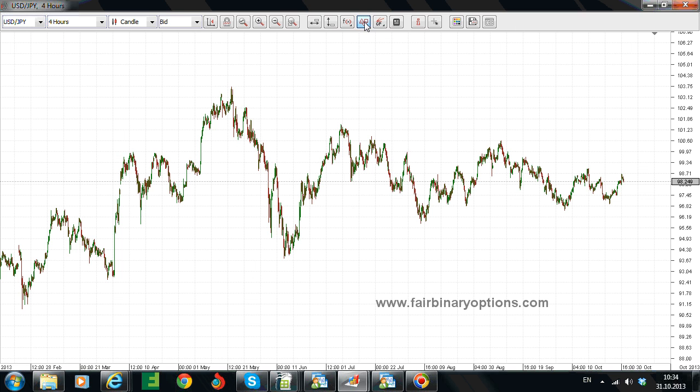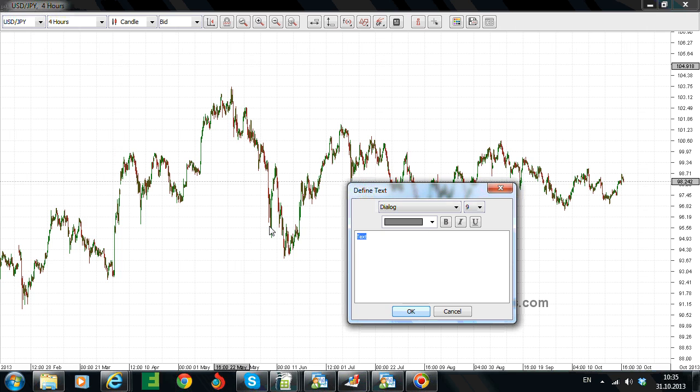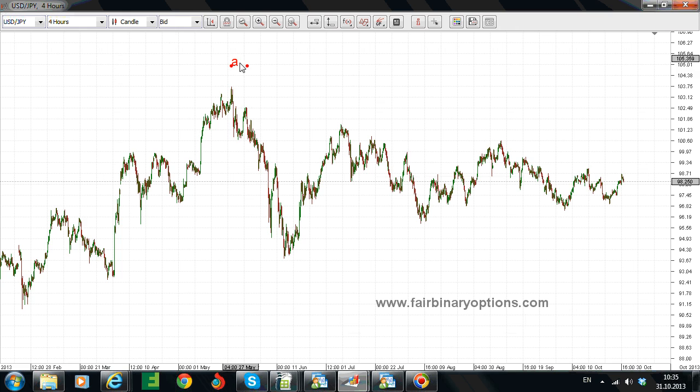Well, if this is a contracting triangle and this is the first leg of a contracting triangle, let's try to label this one a wave A. And if this is a first leg of a contracting triangle, it implies that this triangle should break to the downside. So A, B, C, D, E, this one should break to the downside. From my point of view,